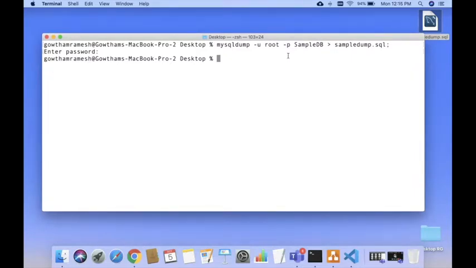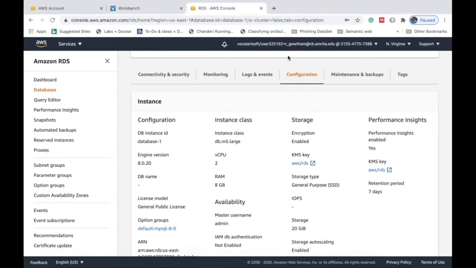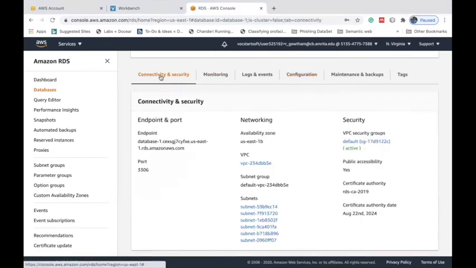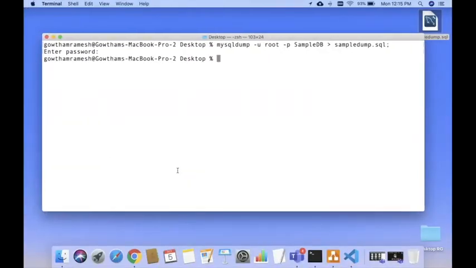First of all, if you want to take a backup in the AWS RDS, you are supposed to get the endpoint of the AWS RDS. So go to connectivity and security and get the endpoint of the RDS. Once you copy the endpoint, you can execute the following MySQL command, followed by host, the host name where you want to replicate your database.